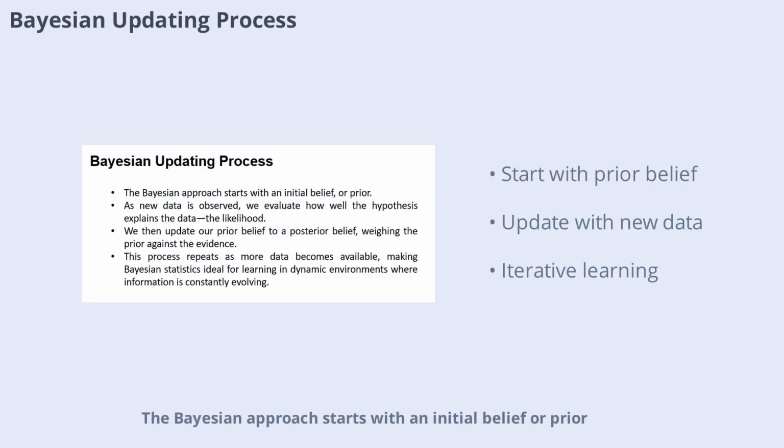The Bayesian approach starts with an initial belief or prior. As new data is observed, we evaluate how well the hypothesis explains the data, the likelihood. We then update our prior belief to a posterior belief, weighing the prior against the evidence. This process repeats as more data becomes available, making Bayesian statistics ideal for learning in dynamic environments where information is